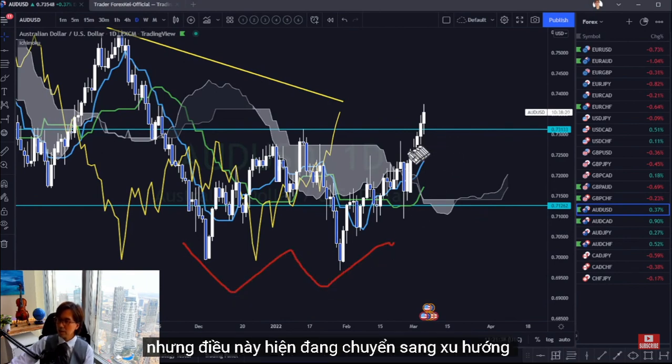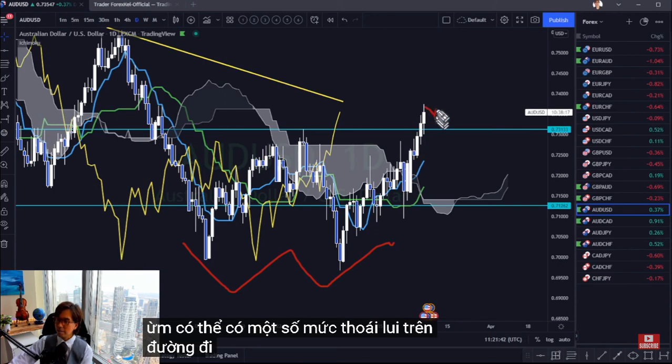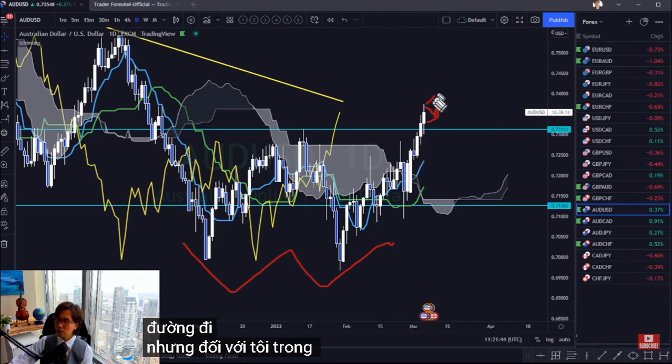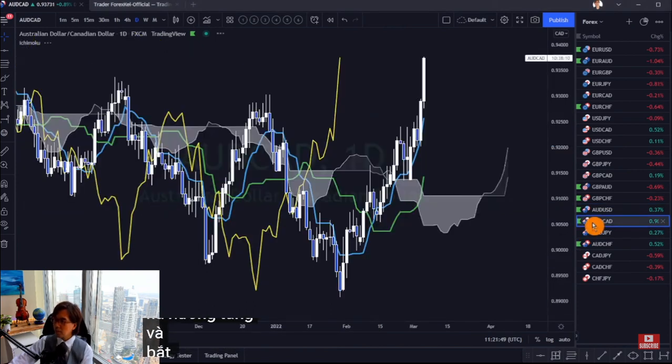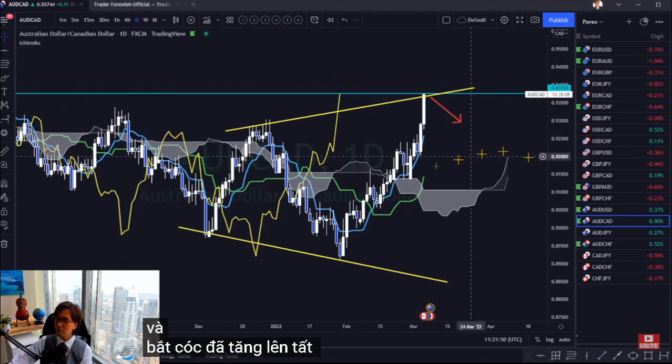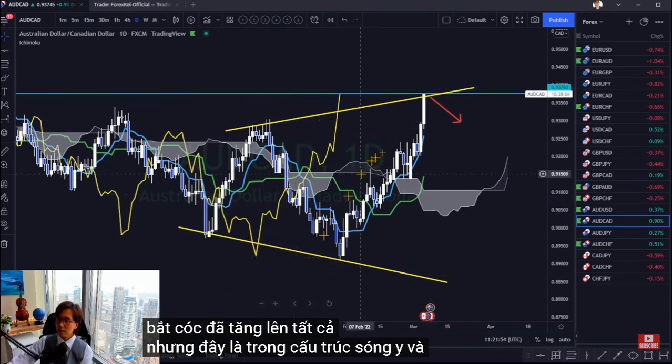So this is now turning bullish. There might be some retracement along the way, but to me, in the long term, it's bullish. And AUD CAD has been moving up all the way, but this is in Y wave structure. And also